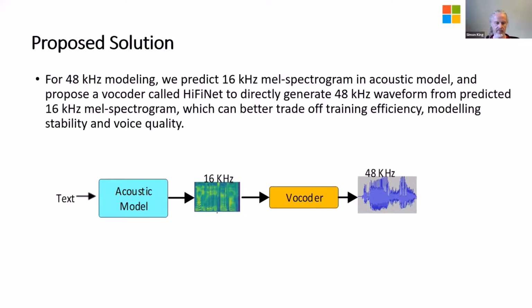Hello. Hi. I want to ask about the usage of the external data. Did you use the data just for training the acoustic model, or did you also use it for the vocoder? I mean, is the vocoder a speaker dependent one, or do you train it with other speakers' data together? For this task, for the acoustic model and vocoder, we use the same data set. There are two parts in the data set. The first part is the private data from Blizzard, and the second is our internal data set